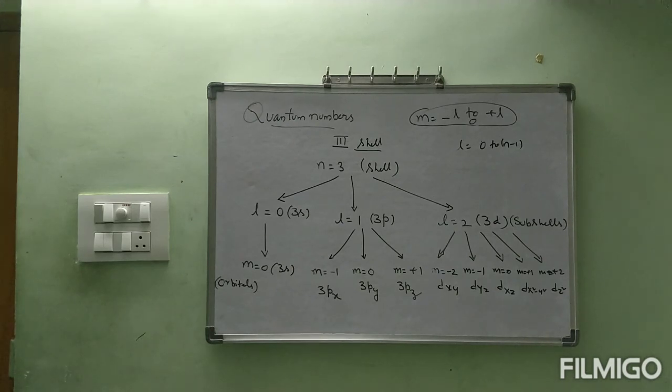Today we completed three quantum numbers. Those are the principal quantum number, azimuthal quantum number, and magnetic quantum number, and who proposed them, even their representation as well as their values. So everything we have seen today. I hope you are clear about today's class. You will be more clear in the next class because the fourth quantum number will be completed. After that, we will see the examples.